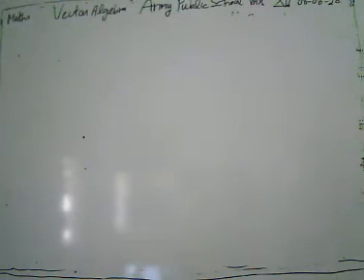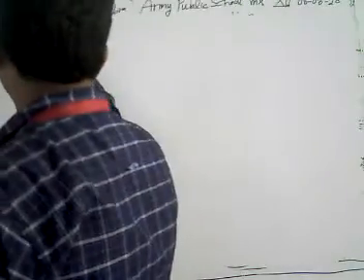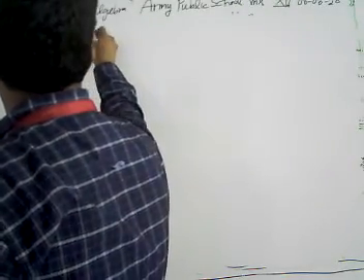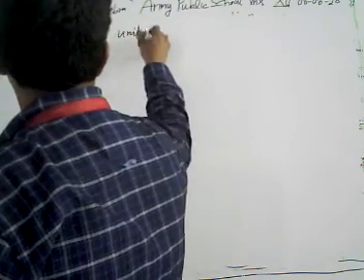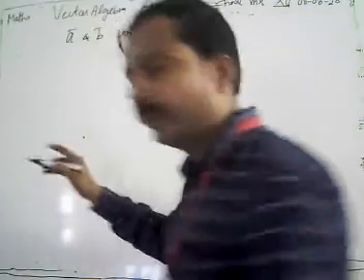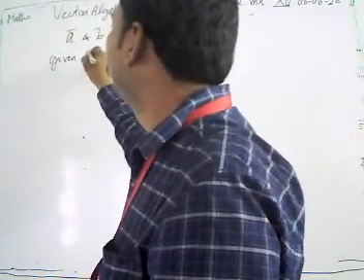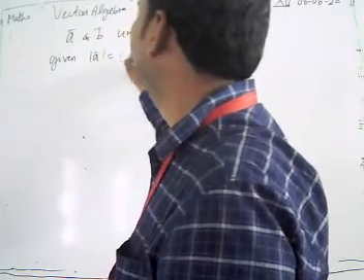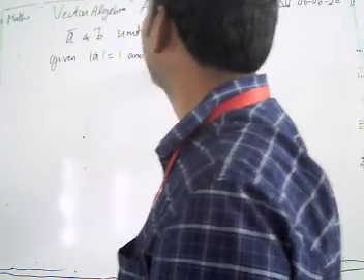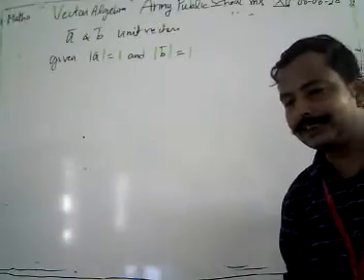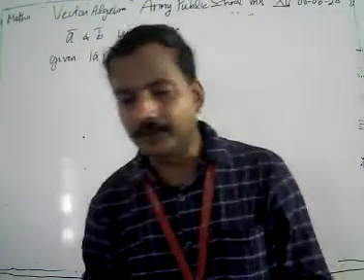One of our application problems is one of the last board problems. If vector A and B are two unit vectors. What is the meaning of two unit vectors? It means we are given that mod of A is 1 and the magnitude of B is also 1. Two vectors are said to be unit vectors when their magnitude is equal to 1.